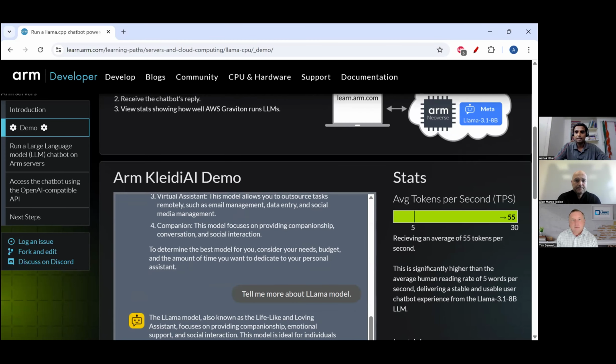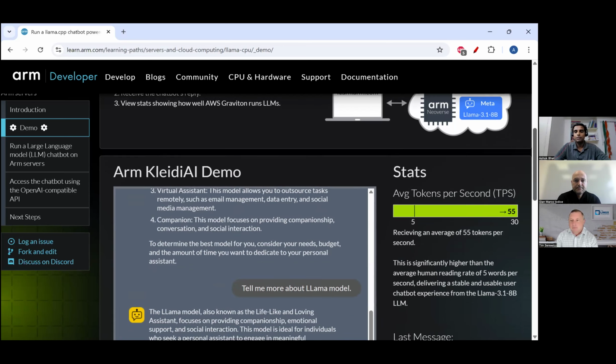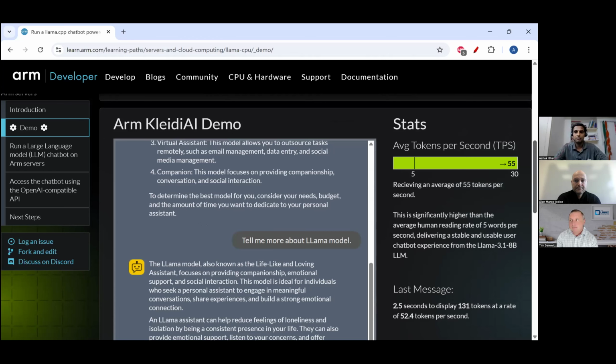But the interesting thing is we can do 55 tokens per second. If you saw the scroll, it is really fast. Usually 5 tokens per second is enough for a real-time effect for the end user. We can do 55. In other words, you can take the instance and run 10 users in parallel. So this can also be used as a personal thing. You can run this on your laptop and use it for your own use case, and the data will not leave your laptop, which is always nice.